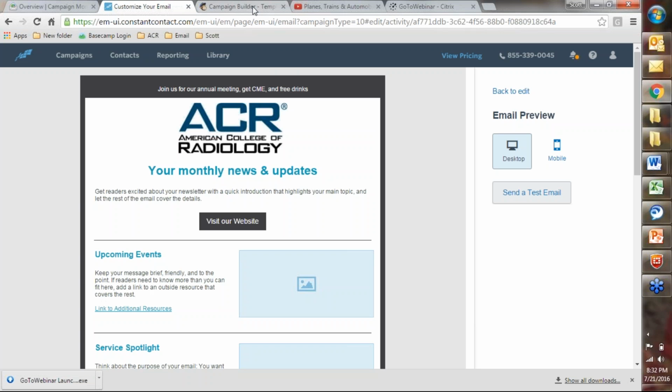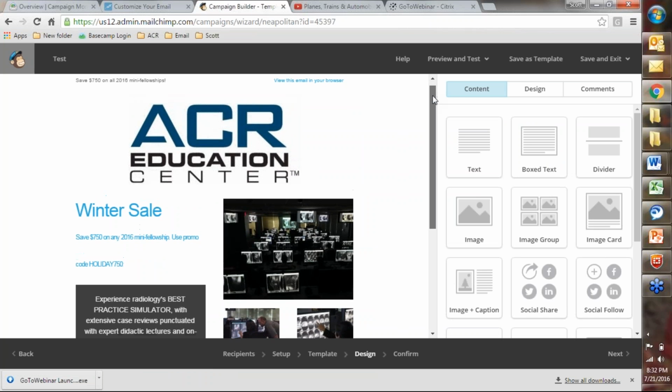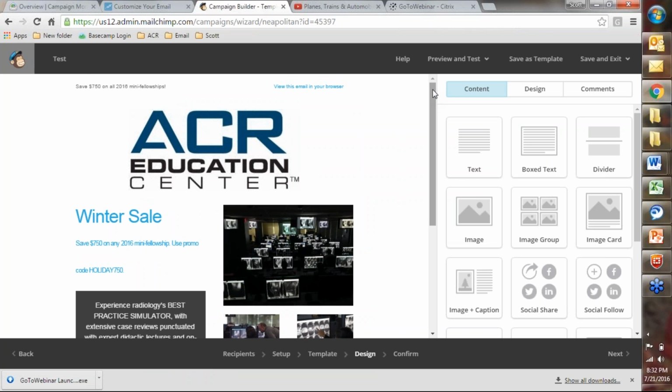And in a similar vein, I'll show you Campaign Monitor. MailChimp is similar. Here was something that we were doing a little earlier. So sorry, I just switched over to MailChimp. I did that a little quickly on you. But I just wanted to give you an idea in terms of what their layout looks like versus Constant Contact.